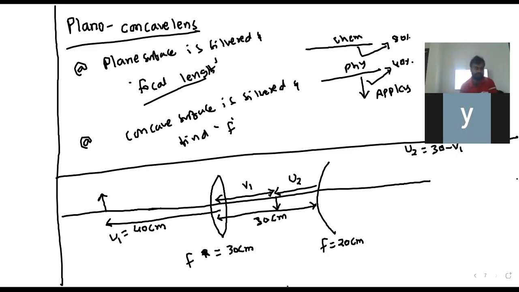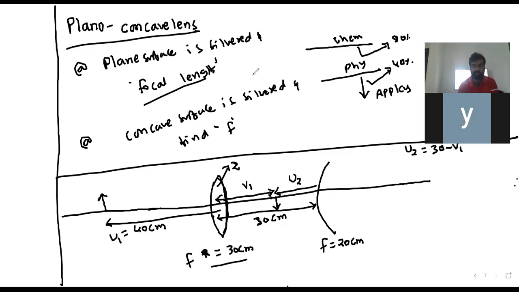And they gave the focal length of the concave mirror, so again I need to use the mirror formula. And see the complexity level. If focal length is given, okay. If radius of curvature is given, I have to do it 2 times, and 2 images come. First the image due to this surface will act as an object for the next surface, and finally this acts as an object for the concave mirror, like this.